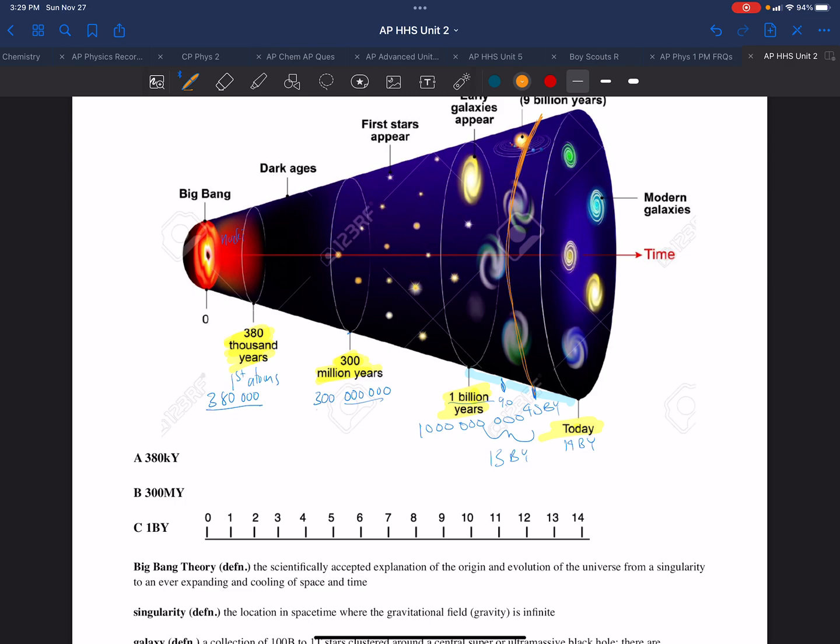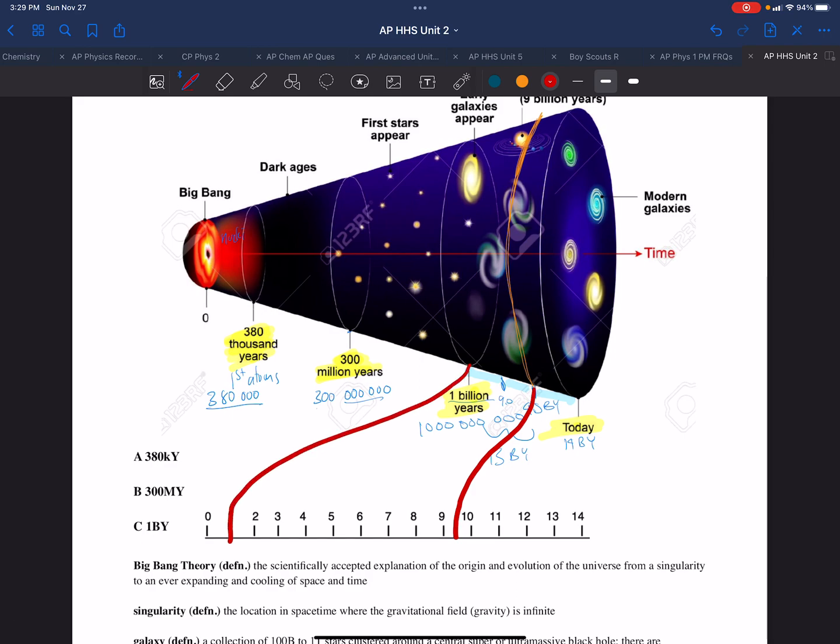And if we were to put this to scale, so we have 14 billion years, and we said 9.5 billion years is this juncture. So that's where our solar system came into being. And at 1 billion years is the first galaxy. And at 300 million years, I will draw a fine line, because that would be 1/3 of a billion years. I'll draw a fine line there, taking us to that. And we said that it is that first 380,000 years, it's 1,000 times longer. So if we draw that to scale, it would be indistinguishable from that 0.